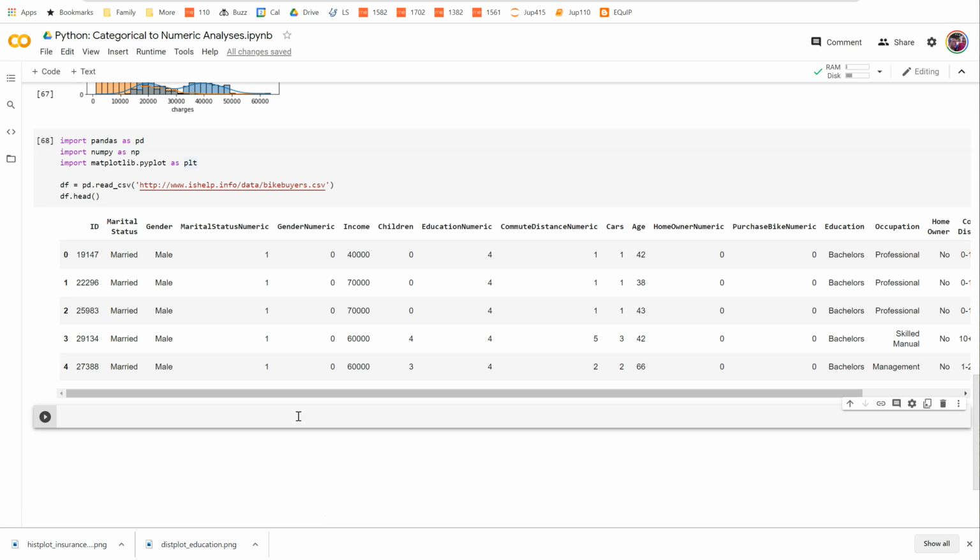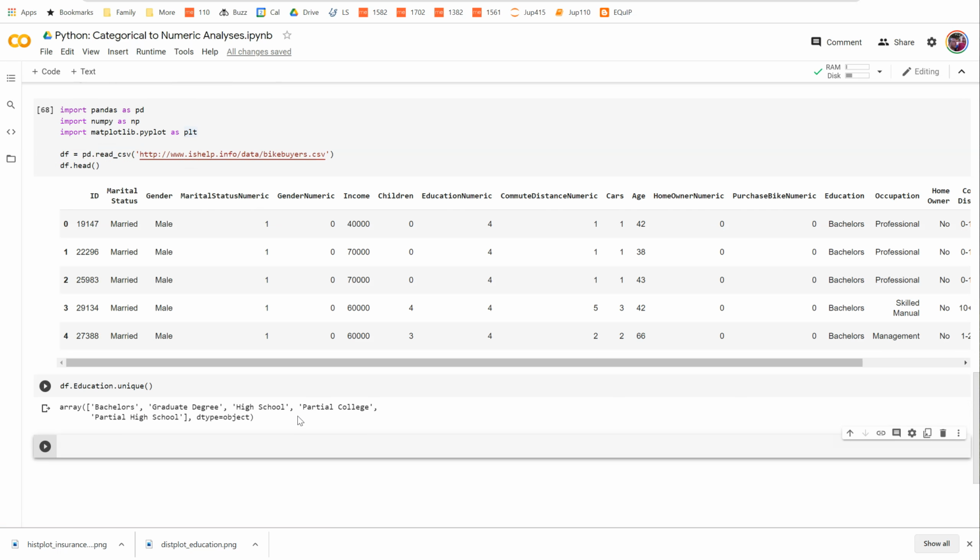First of all, let's find each of the unique values of education. df.education.unique. That gives us our nice array here so we can see those 5 values. Let's make a new feature now called df education rank, since I already have one called education numeric. I'm going to set this equal to df education. Now, I don't want to overwrite education because as you'll learn later in the book,